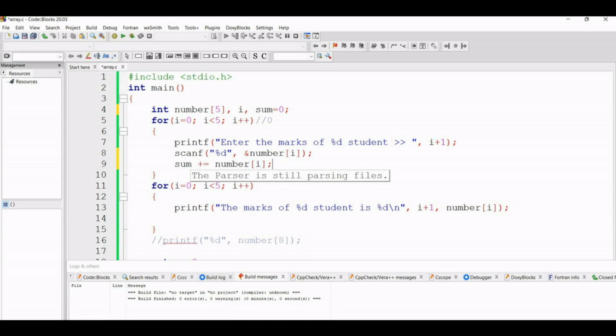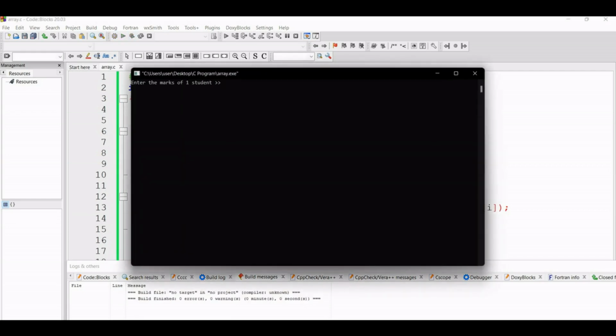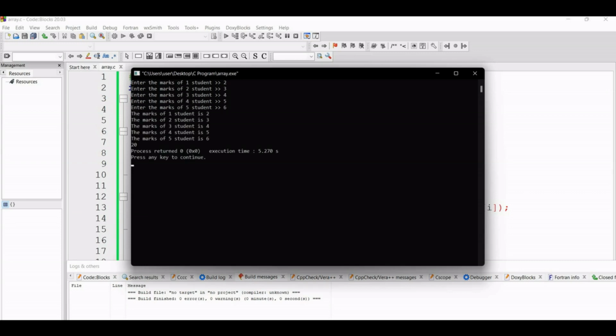So all the number[I] values will be added with each other, and at the end I will print sum. So I will write printf and then %d, and give sum. If we compile and run this program, enter the first number, I am giving small numbers 2, 3, 4, 5, 6. Then the sum 20 is printed.